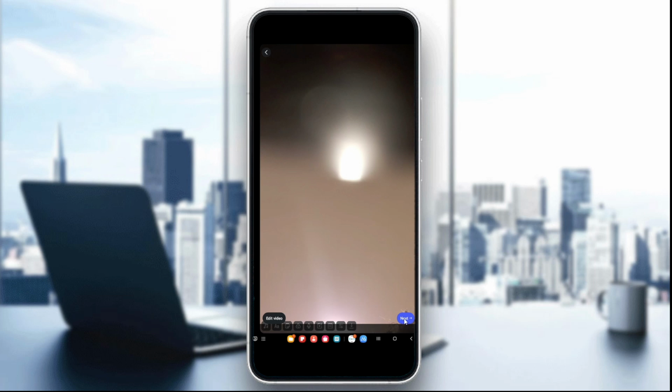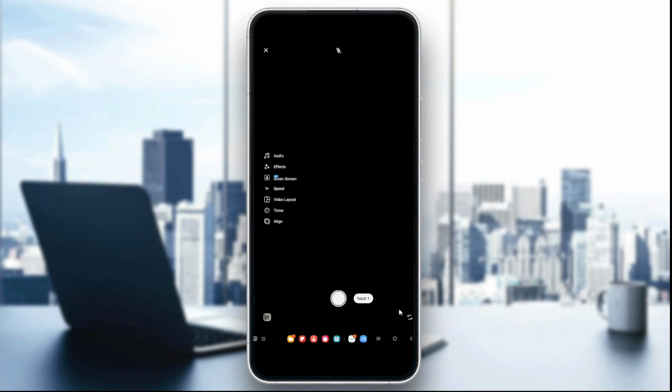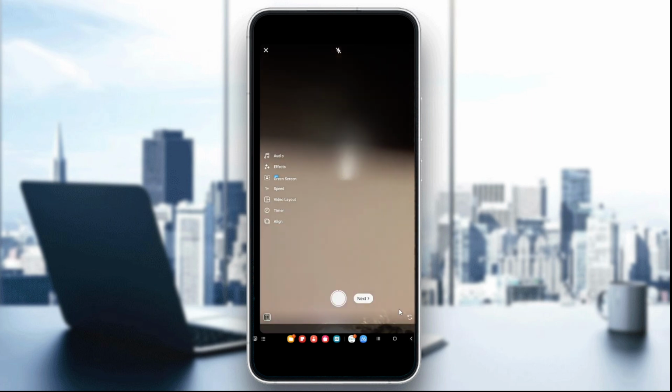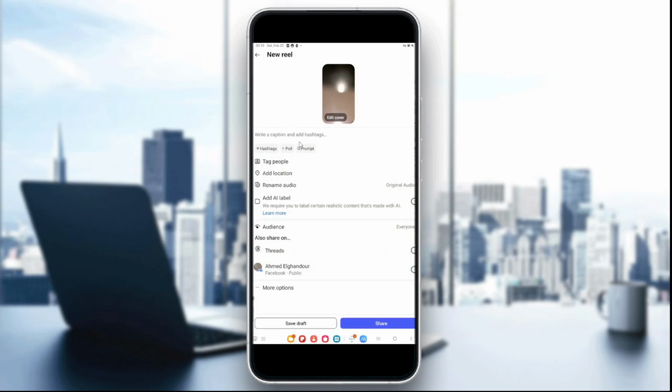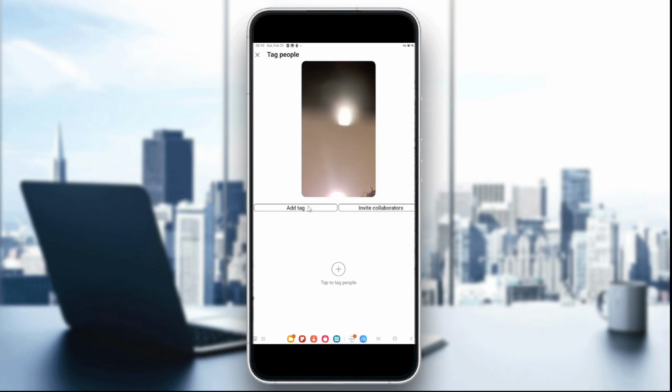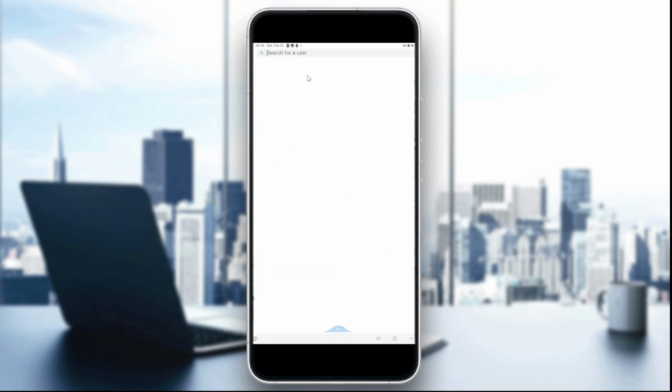Now for other ways, just go and click on next, click on next again. Now here in this section you'll see the option to tag people. Click on it and click on add the tag and search for users by name. Once you find the user, just click on it to add it